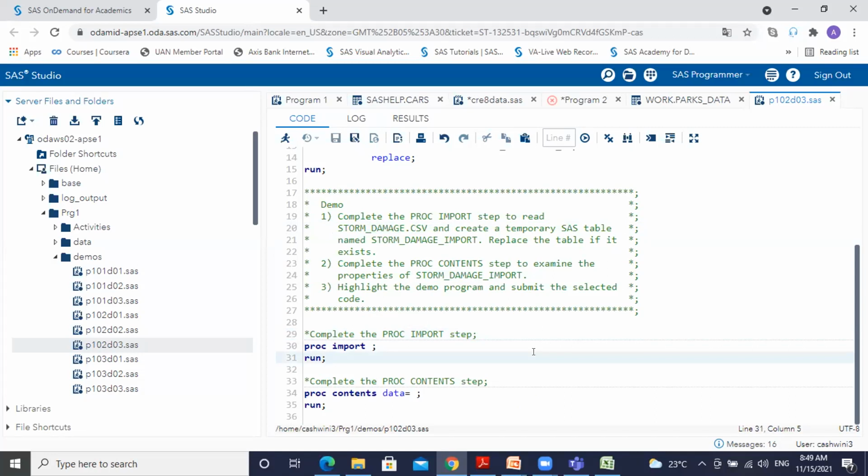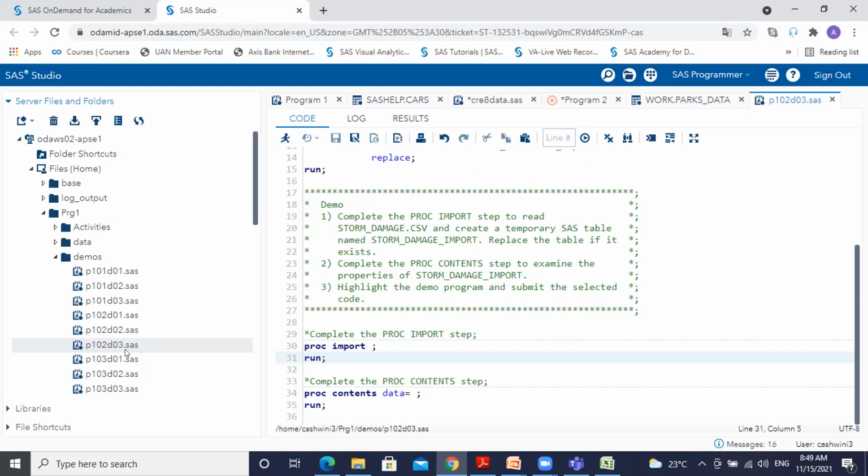D03. Let me see. P0102D3. I think it's that one. P1 zero stands for programming 1, and 02 is lesson 2. No, I got it. You got it?